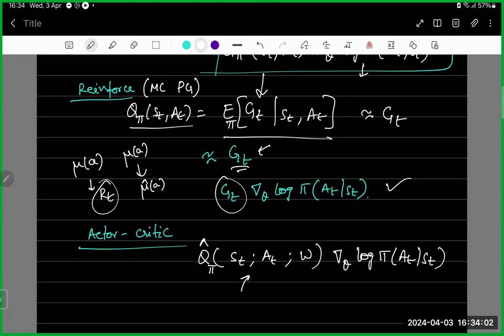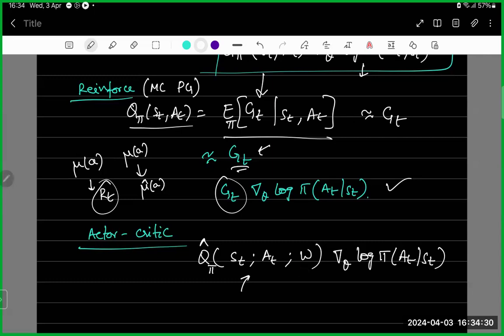So for the critic also we have some parameters. What is W, right? W are some parameters which are representing what your critic is. For the value function also we have some weights W's which you are trying to estimate. And for the policy also we have some weights, which are thetas. Thetas also we are learning on the go, and these W's also we are learning on the go,